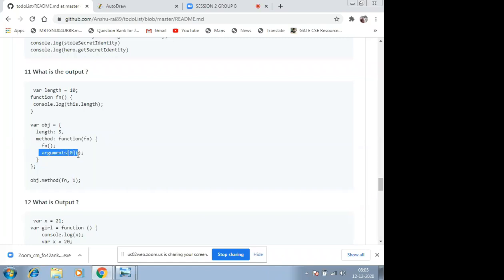So this will be basically calling fn again, but right now my this is bound to arguments. So that's why the number of arguments my function has, it will be printing the length of that. And as of now, we have two arguments. That's why this is logging two. And if it had three, then it will print three. And if we have only one argument, it will print one.